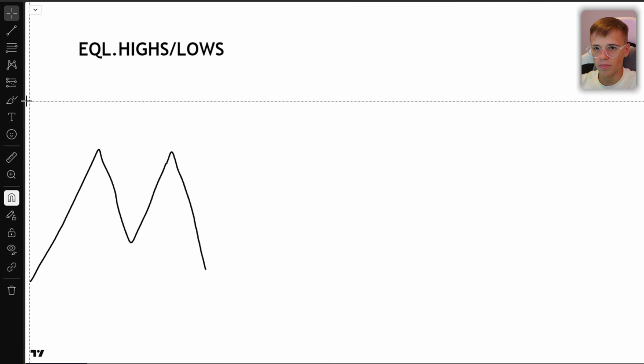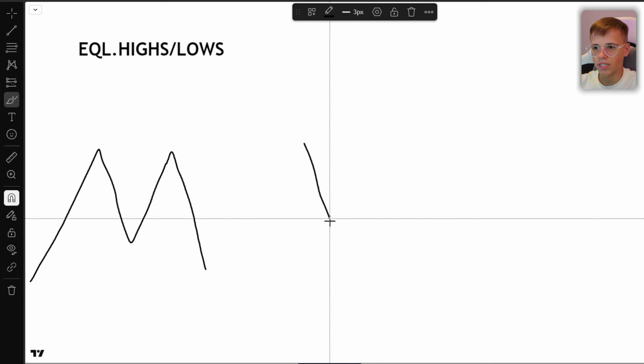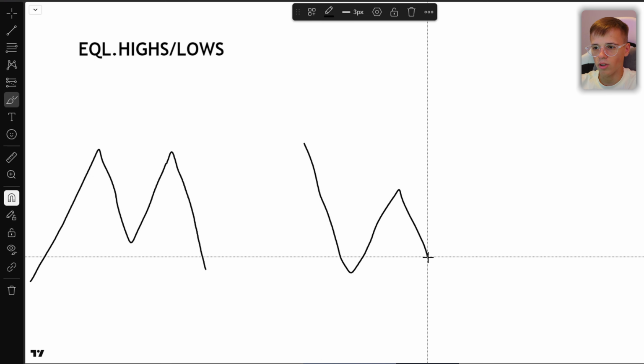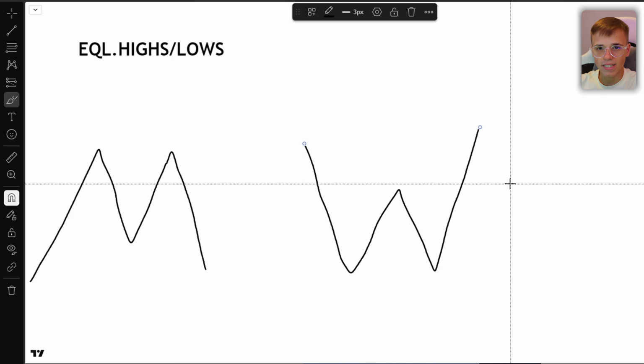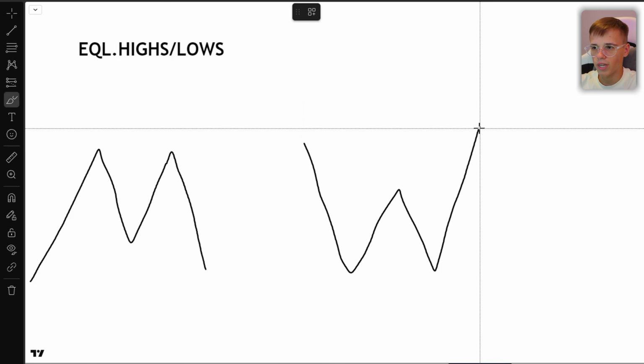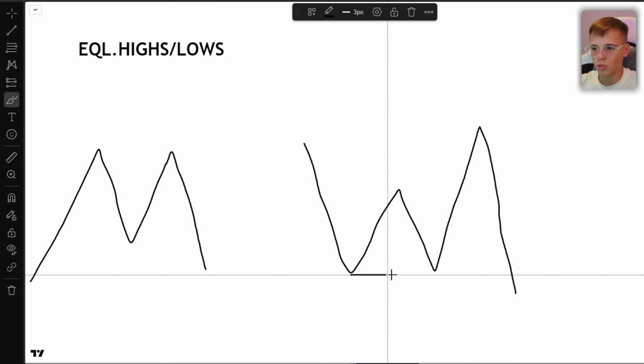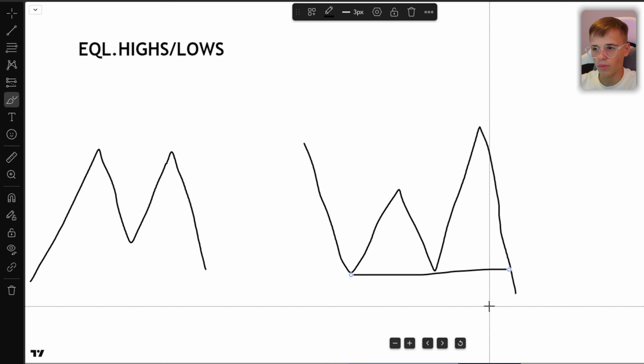And then the absolute same thing goes for when we are basically making structure to the downside. When we get equal lows like this right here, basically the same thing is going to go around. We are going to wait for some kind of setups towards those lows because they are going to be a huge draw on liquidity, because it is twice the liquidity of a normal low.